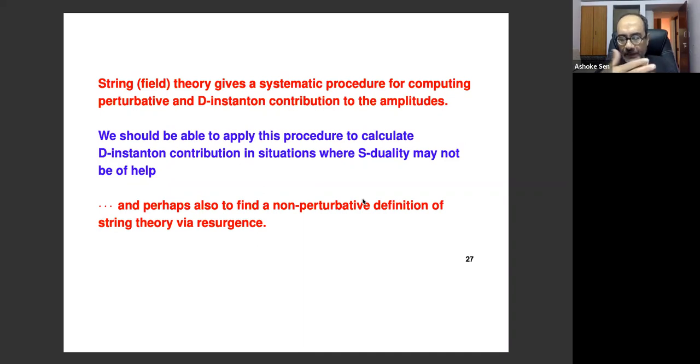And the normalization, of course, is the same for all of these amplitudes. So now that we have fixed the normalization, that also shows that those results work out correctly. Now you may ask, what can you do that S duality couldn't do? For example, if you want the d to the 8 R to the 4 corrections, which is two extra powers of derivative or two extra powers of momentum in the amplitude, there S duality has nothing to say because it's not protected.